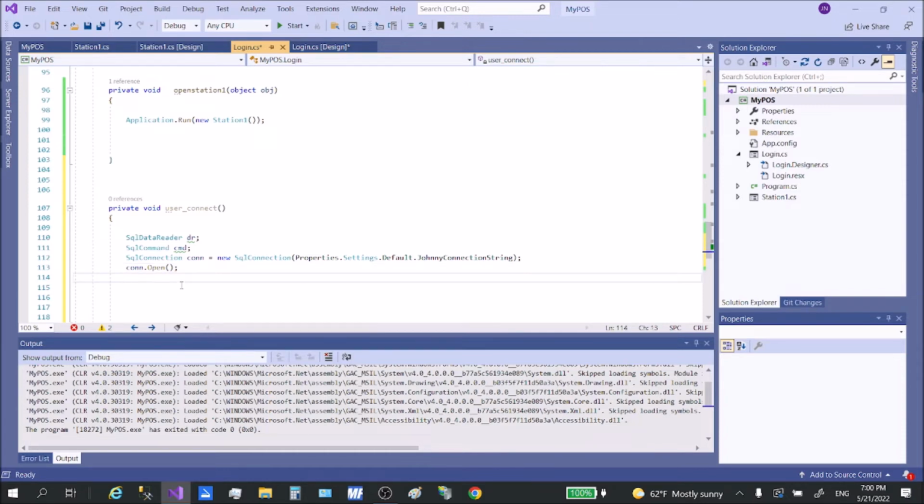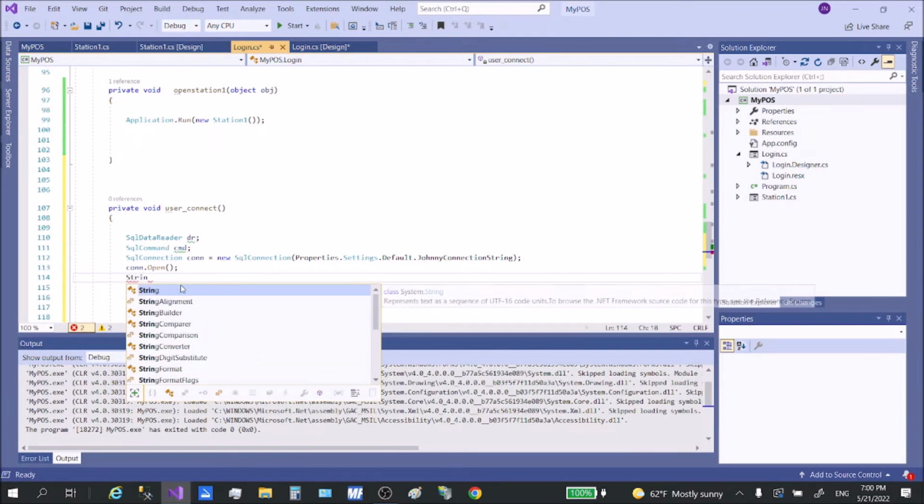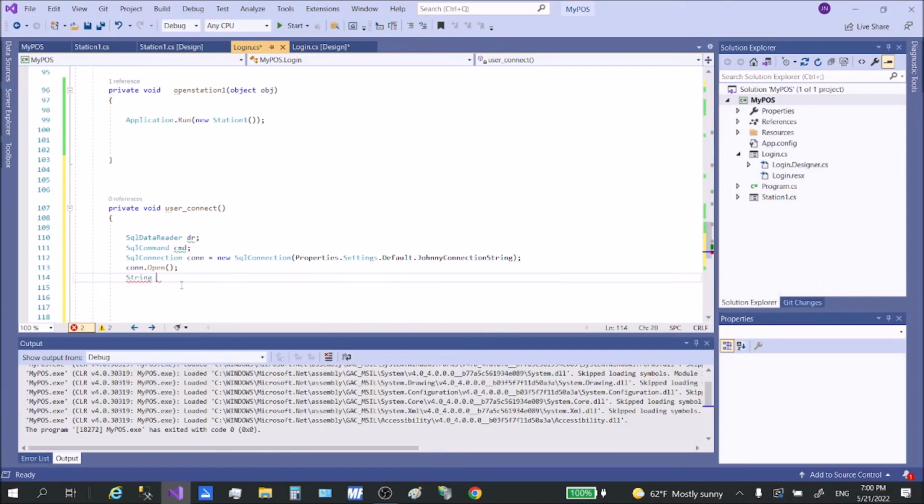Now we need our query. All right, query. So we want string SQL equals, and we need our string. In our string we want select